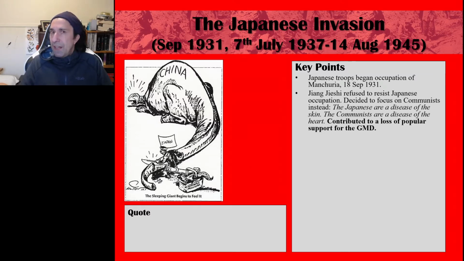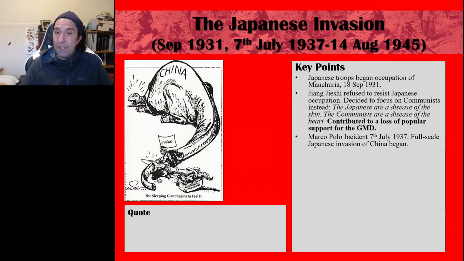Many Chinese, the average Chinese person in the street, Chinese intellectuals, saw Zhang Jieshi's refusal to resist the Japanese occupation of Manchuria, just letting the Japanese pretty much take it over and not fight them for it, as cowardly and as not standing up for China, defending China against foreign imperialist enemies. And as a consequence, this contributed to a loss of popular support for the GMD and for Zhang Jieshi, which contributed eventually to 1949, the defeat of the Kuomintang by the CCP.